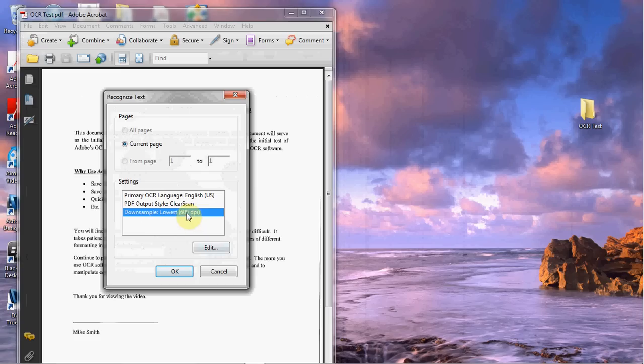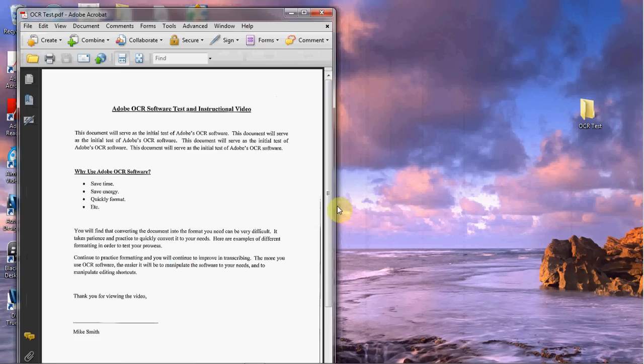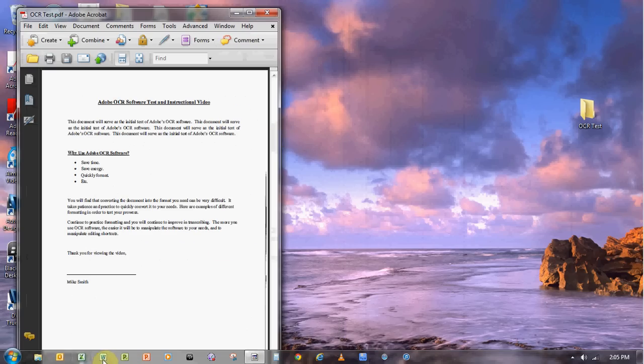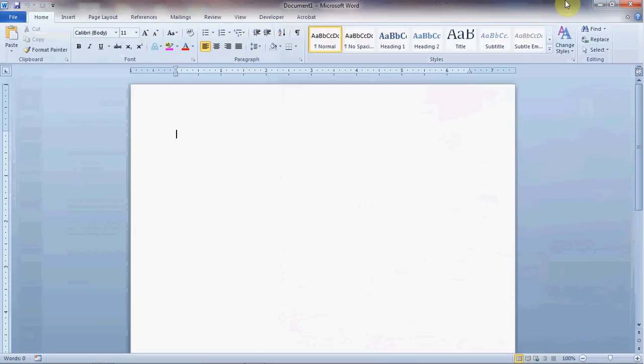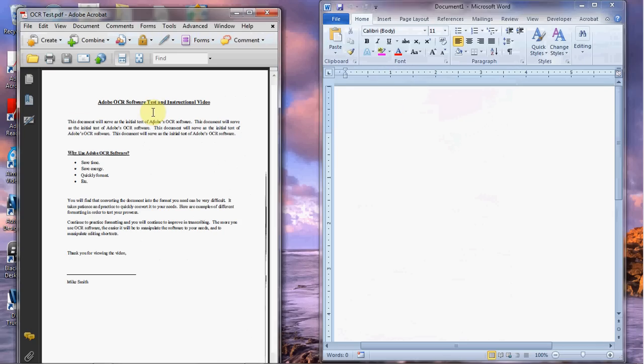You're going to click OK, and you'll see that the document will start scanning here. It will straighten out the page and attempt to recognize the text. And now you'll see once it's recognized, I can copy and paste it very easily. So now what you can do is you can open up a Microsoft Word document. And I've got a number of choices. I can highlight this text, I can hit copy, and I can paste